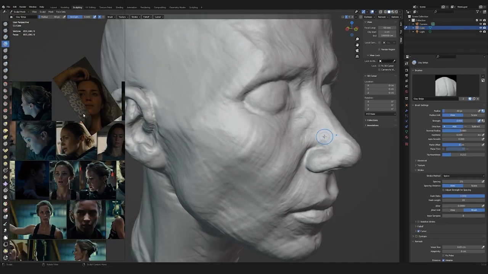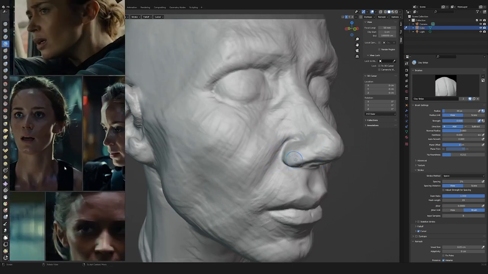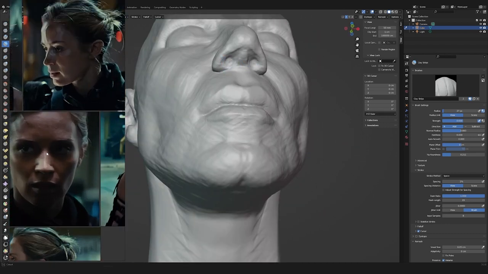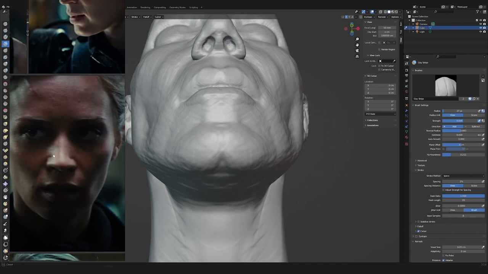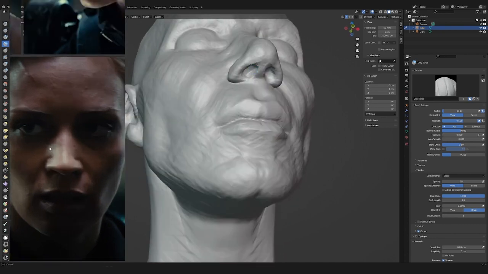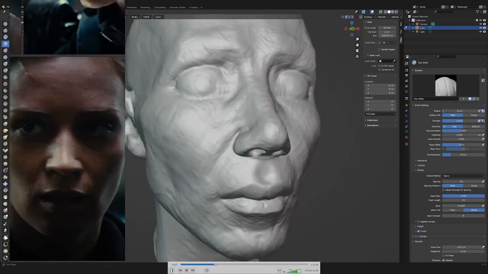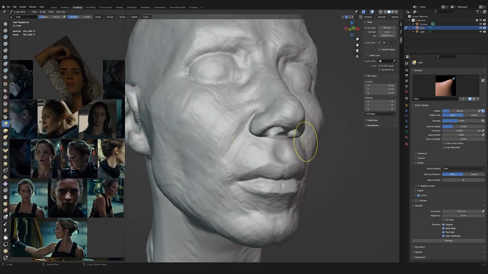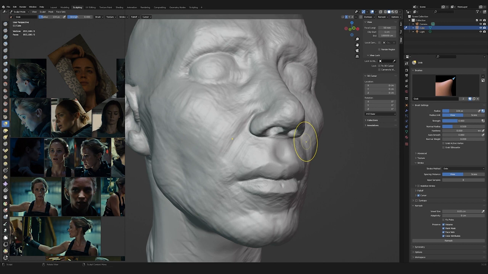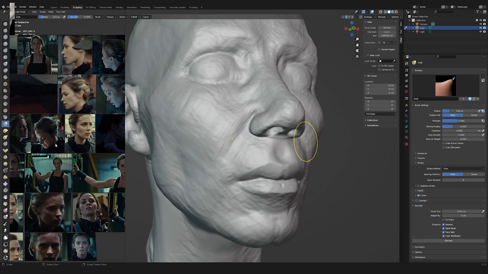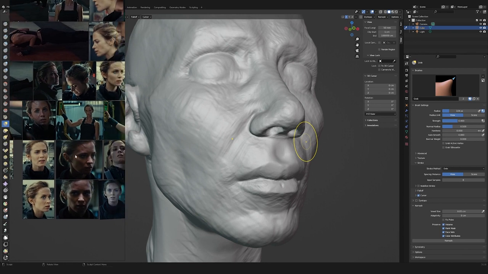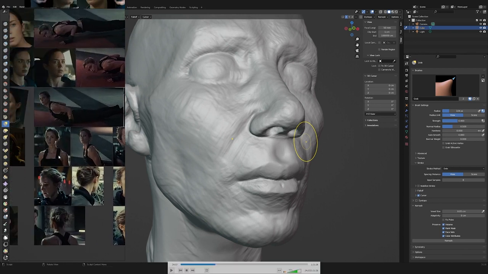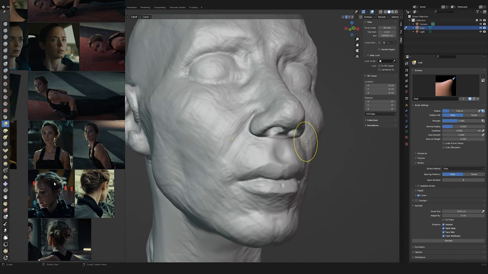When I am sculpting though, one thing that I do want to mention is that I am trying to put a little bit of my anatomical knowledge aside because what I'm trying to do is always read volumes, read planes. And let me just pause this for just a second here. Because if you're not used to trying to spot planes or read planes on reference, maybe this is something that you haven't really trained yourself to do. But when we look at references, what we are trying to do,